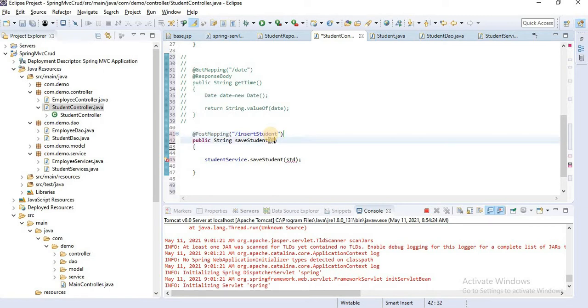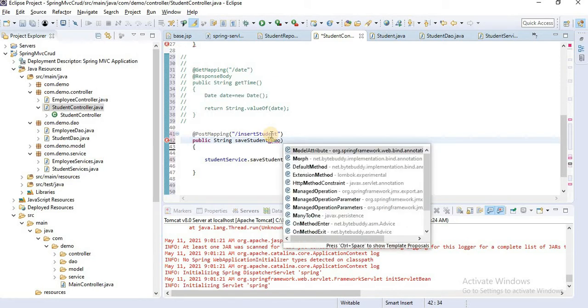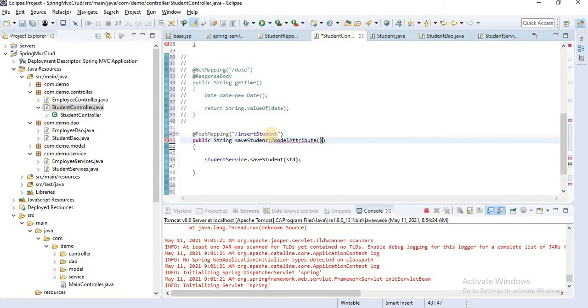Here we use @ModelAttribute, simply pass the URL and create Student std. That's easy. And when this is saved successfully, we have to return